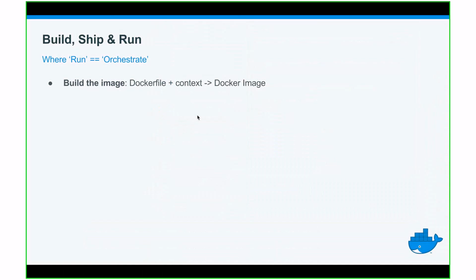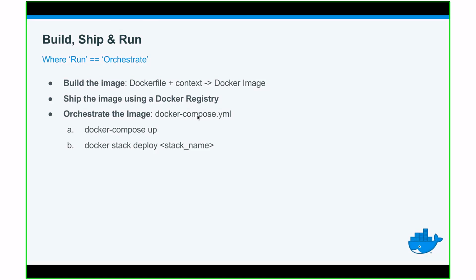Cool, so a Dockerfile and its context create a Docker image, and then you push it either to a remote registry or you don't, depending on your use case. And then you have to orchestrate the image. A lot of images have a README that says, okay, run docker run -t -d, whatever, to create the container. And if you have a multi-tier app, then you have 3 of those commands. And I think that's rather misleading.